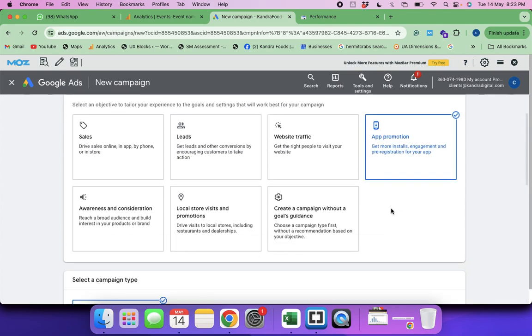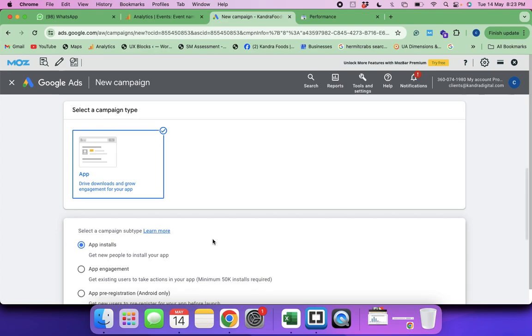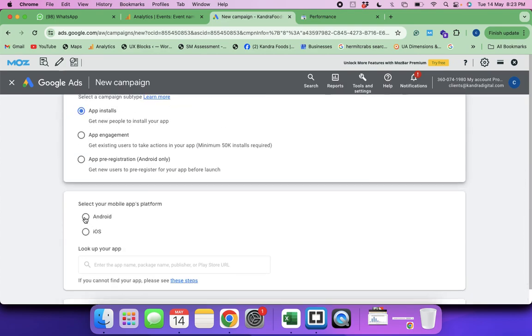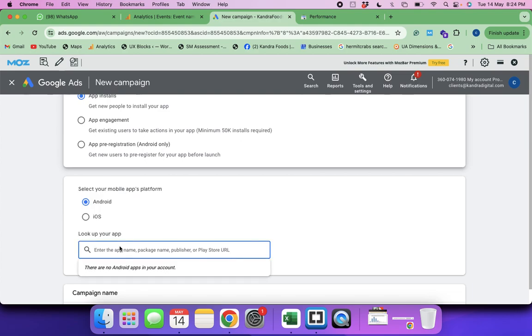App promotion is the option which you will be using to run the paid campaigns. For this, you have to connect your app platform, select your mobile app platform, Android or iOS. We have seen how to launch this kind of campaign. When we search for the app, it shows up the apps, or you can directly paste your app link, or enter the app name, package name, publisher, or Play Store URL.